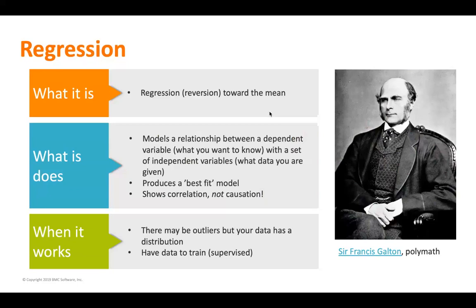That's what you call your output. And you can use any number of independent variables that may or may not have an impact on that dependent variable. So the whole purpose of regression is to determine which of those variables have an impact, at least in terms of multiple regression, which variables have an impact, how significant is that impact, and then go ahead and create a model for it. And you're going to do a best fit model just like you do with any other